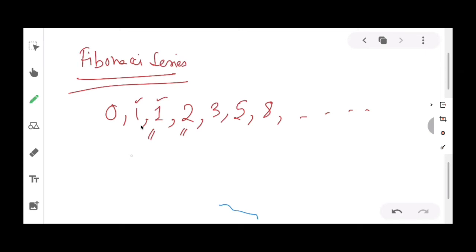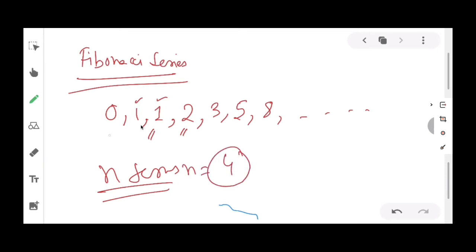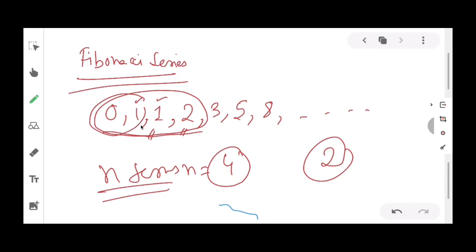So in this way the Fibonacci series will be formed. Now our aim will be to display the Fibonacci series up to n terms. What is the meaning of this? The meaning is that if the user presses, let's say 4, that means the value of n is 4. So these 4 terms are to be displayed. If the user presses 2, then only the first 2 terms, that is 0 and 1, need to be displayed,